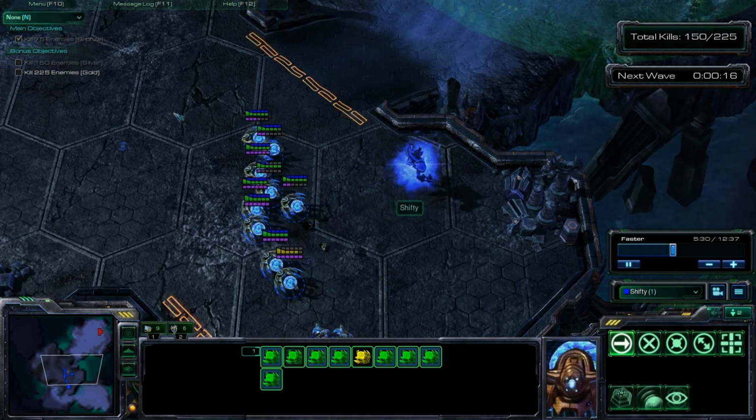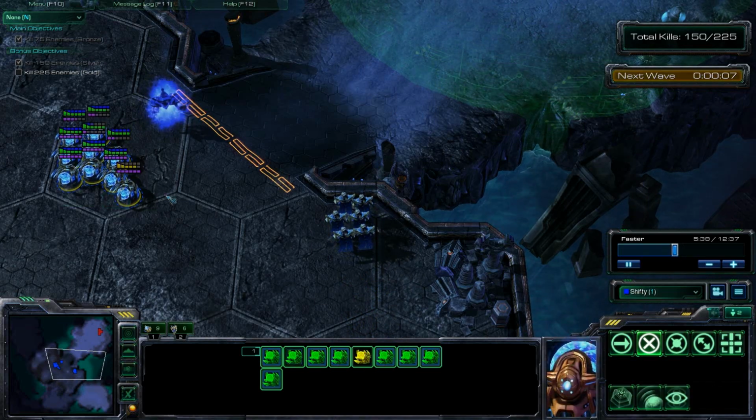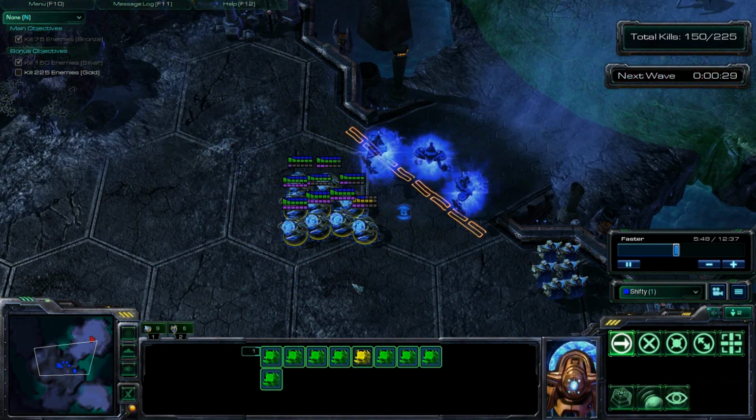And he's targeting my sentries, which I'm really surprised. But Banshees are just so effective against sentries. Banshees do, what is it, like 26 damage for every 2 shots. So just 2 of them, both of them 2-shot any sentries. Here comes some Stalkers. Stalkers are kind of annoying too, but I still have enough energy to